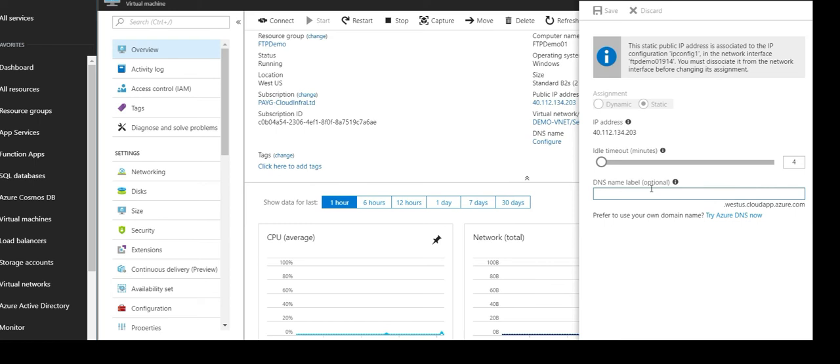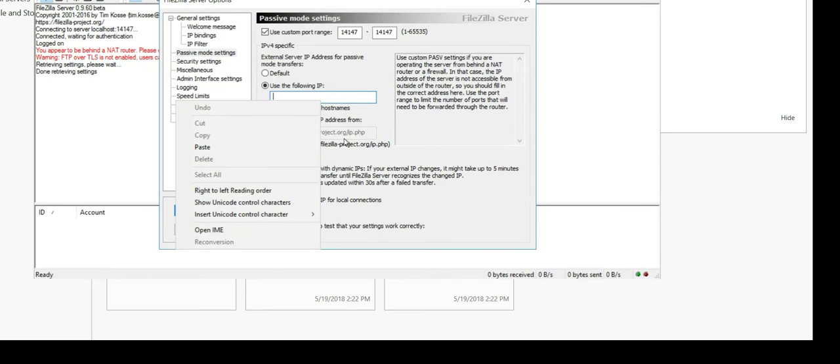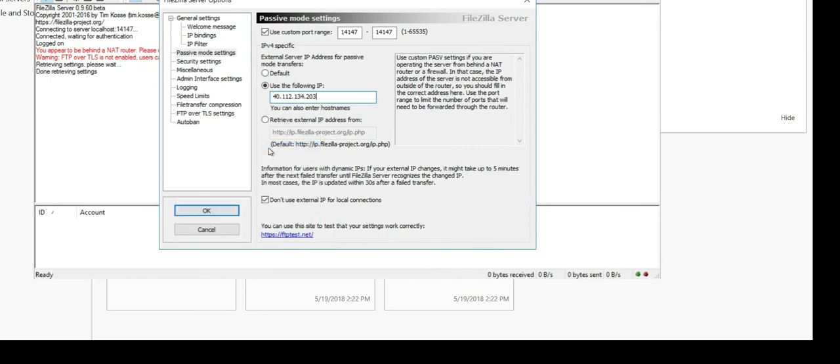So we're going to call this FTP demo 01. Is it going to allow us to create that name? Yep. And then that's fine. Hit save. And if we go back to the virtual machine, paste in the public IP address. That's that done. Let's just click OK.